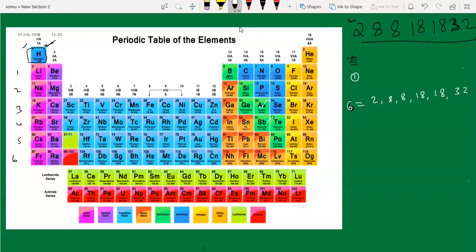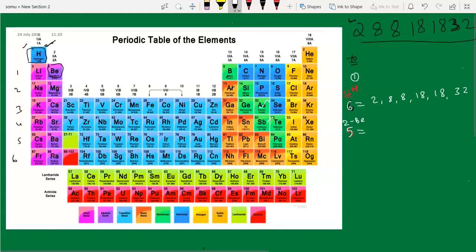Now if you see the second group elements, what we have to do first is leave the first element. After leaving, let's calculate how many elements are there in the second group: 1, 2, 3, 4, 5 elements. This is the first group. We have 6 elements, leaving hydrogen. I have left hydrogen here. And in the second group we have 5 elements, leaving beryllium. We left beryllium. Including beryllium, we have 6 elements.